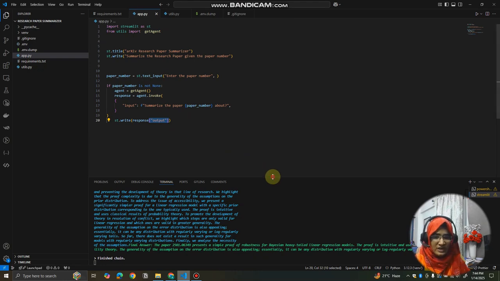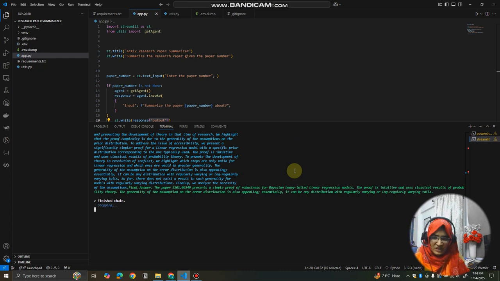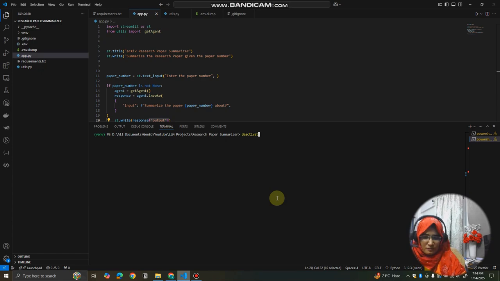Okay, to run this application, first we need to create a virtual environment. For that virtual environment, you need to write python -m venv and venv. Here you can write your virtual environment name. You can write myvenv. You can write any name, whatever you want. I will write venv, and then you will enter it. As soon as you enter this, you will have this folder here. As I already have the folder, I will not enter this command.